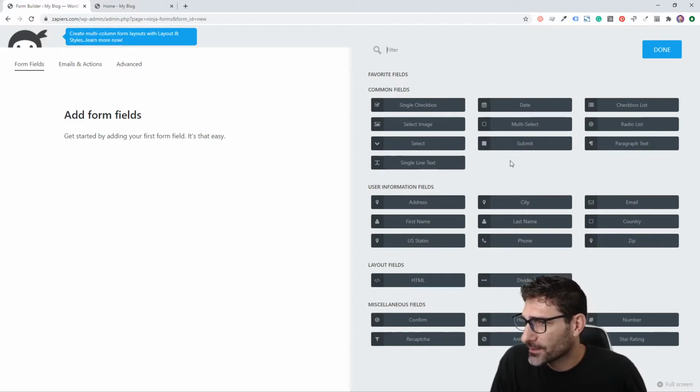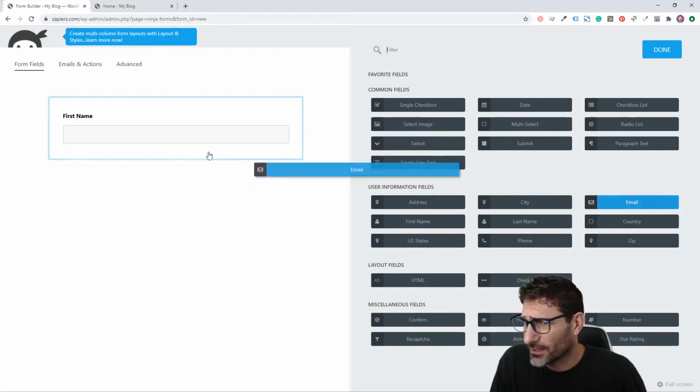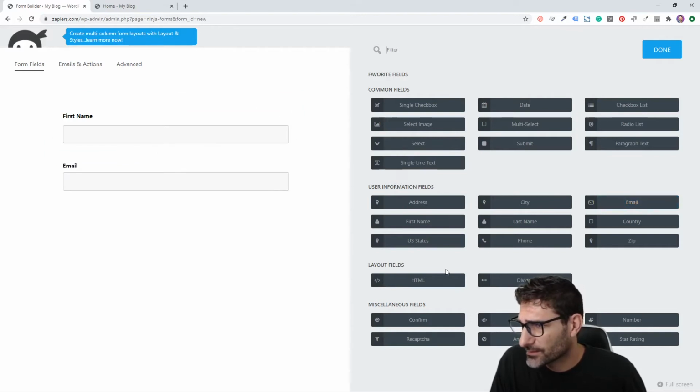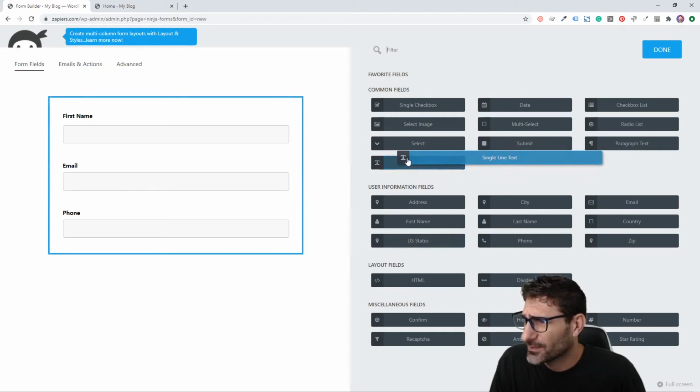So what we want to do here is collect a first name, and we definitely want to collect an email and possibly a phone number if we can, just so that we can contact that person back, and we'll always have their contact information if we ever need to contact them. So let's add first name, email, phone, and then for example's sake let's add a paragraph